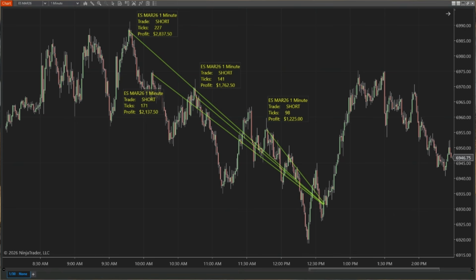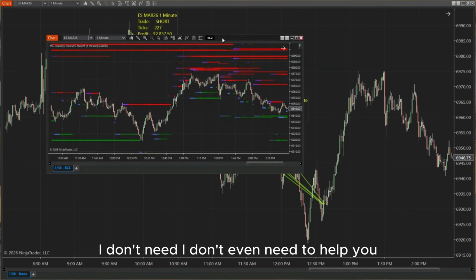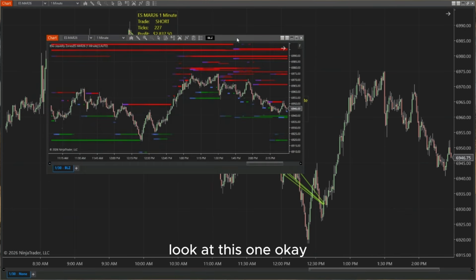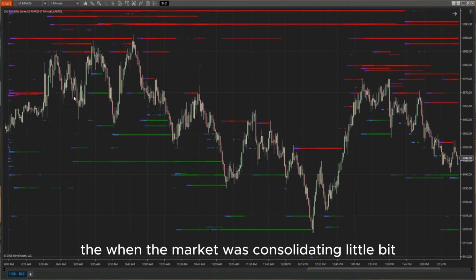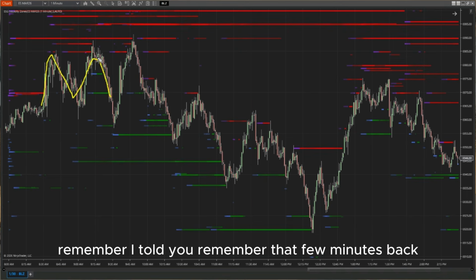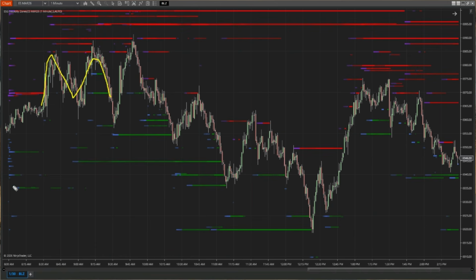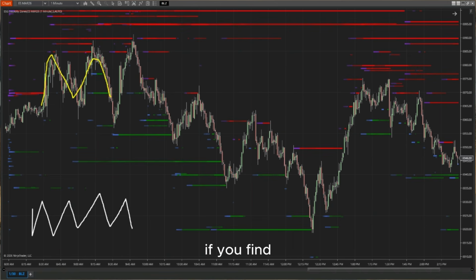The same chart. This time you should be able to find yourself. I don't even need to help you. Look at this one. Okay, look at this one. The beauty is, look at this. When the market was consolidating a little bit, right? But look at this. Remember I told you, remember that a few minutes back I just mentioned something. When the market is going even sideways, if you find